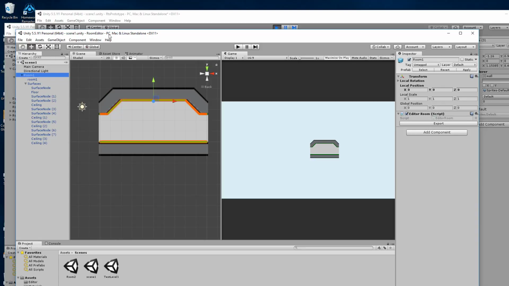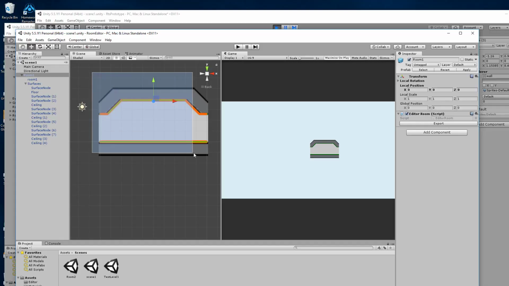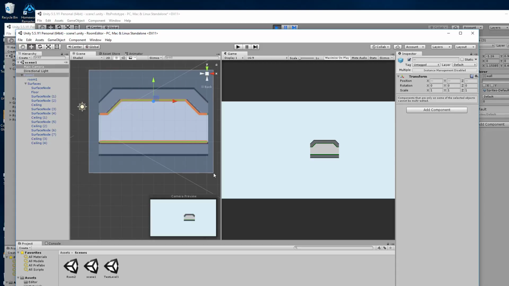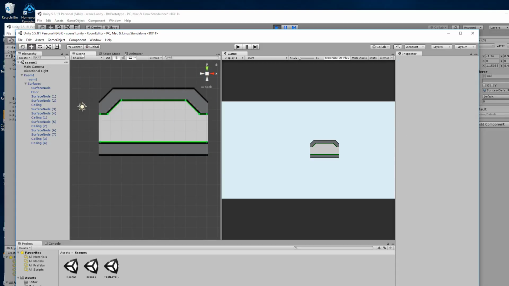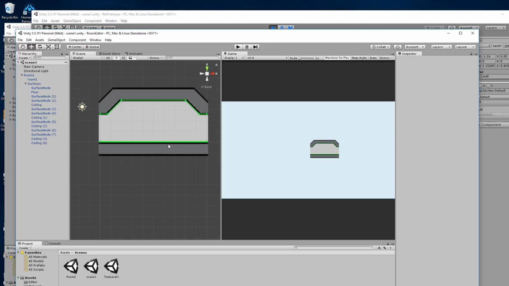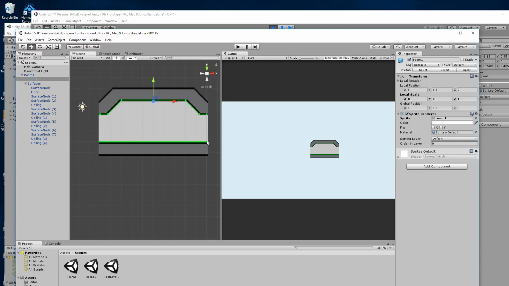So I've got this room editor that allows an actual room to be defined, and I'm just co-opting the Unity scene editor for this, because the scene editor's got everything really. It's got grids, it's got all sorts of things. I could probably make a level editor with it, but my knowledge of the actual Unity editor stuff isn't that great, and I wanted to be able to link rooms together in the level editor, so I've gone with a separate project. But for this, it's basically a sprite here that has the room outline, just the